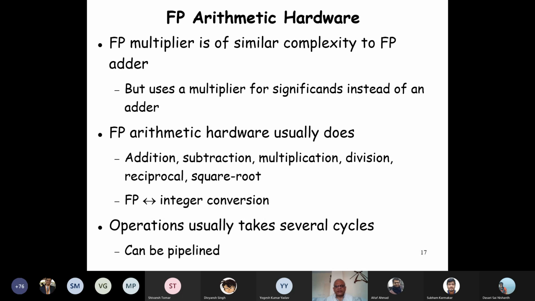The floating point arithmetic hardware is much more complex than integer. The floating point hardware unit, addition, subtraction, multiplication, division, reciprocal, all these need to be supported. And typically the floating point hardware unit is heavily pipelined. We will see more details of this as we proceed, but we'll leave this at this point